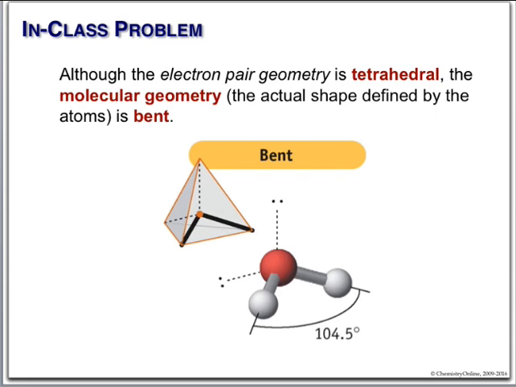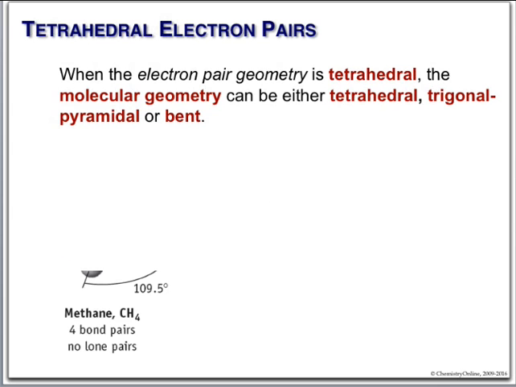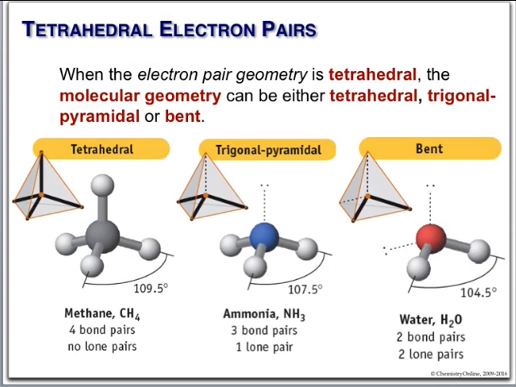We refer to this as bent. All it really is just one part of the tetrahedron, and these guys you don't see, but they're there. We will see that the fact that water is bent is perhaps the most critical property of water in terms of dissolving things, supporting life, everything. If water was straight, it wouldn't work. Turns out that we can do the tetrahedrals in 3 different ways. If we have 4 bonds, that's a full tetrahedron, just like methane. If we only have 3, like ammonia,